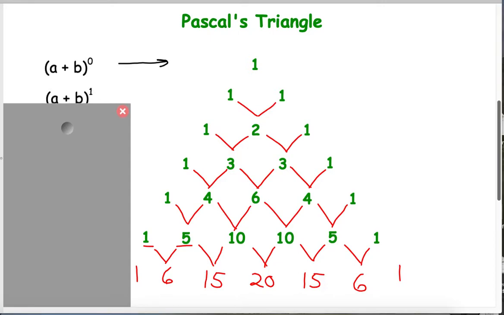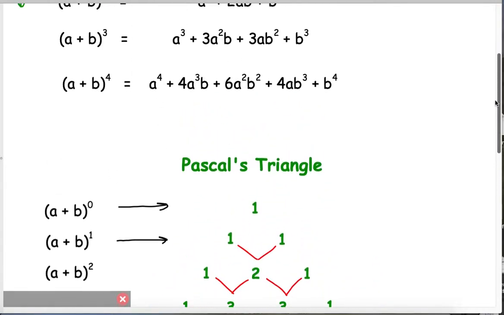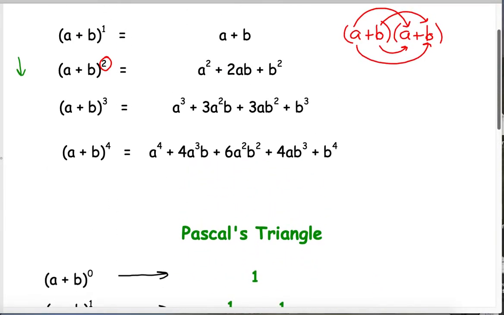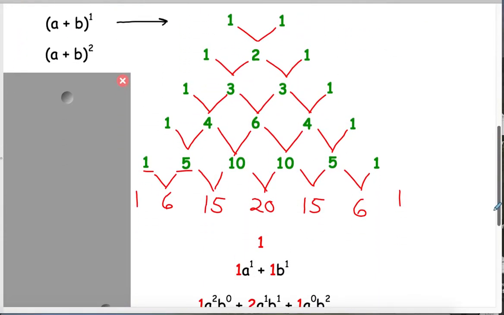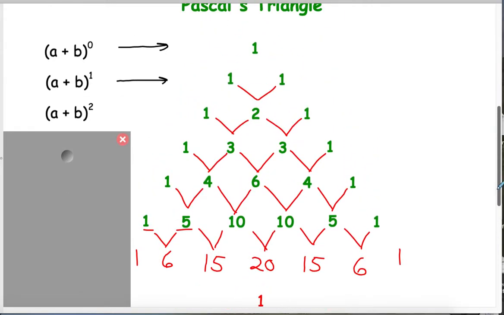And then if we do a plus b to the first, the coefficients of a and b are both 1. When we do a plus b squared, our coefficients are 1, 2, and 1, which we saw right up here, 1, 2, and 1, and so on. So Pascal's triangle helps us fill in what the coefficients are for raising a binomial to